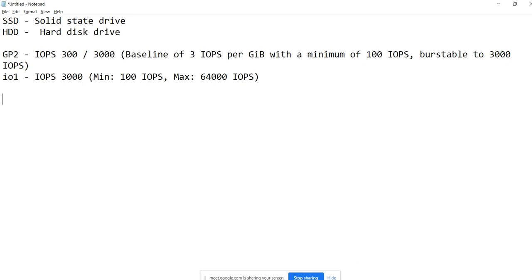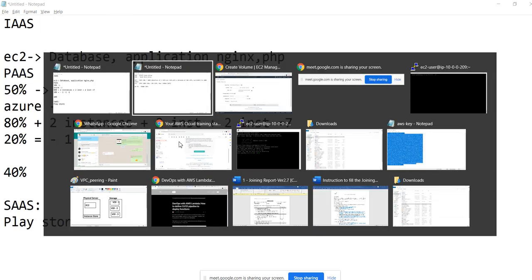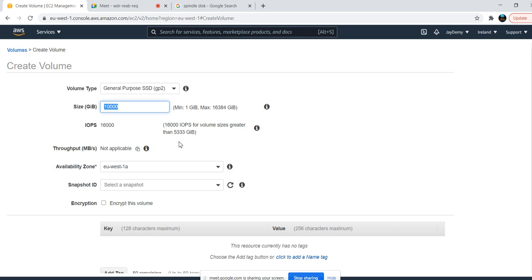So my client has a requirement of 10 terabytes of volume, and he needs somewhere around 20,000 IOPS. IOPS is nothing but input output reads per second. This volume is nothing but our general disk. Assume I have created a volume of 10,000 GB, that is 10 terabytes.